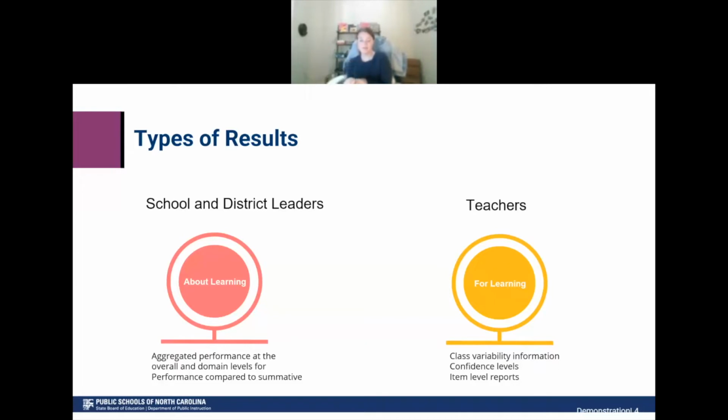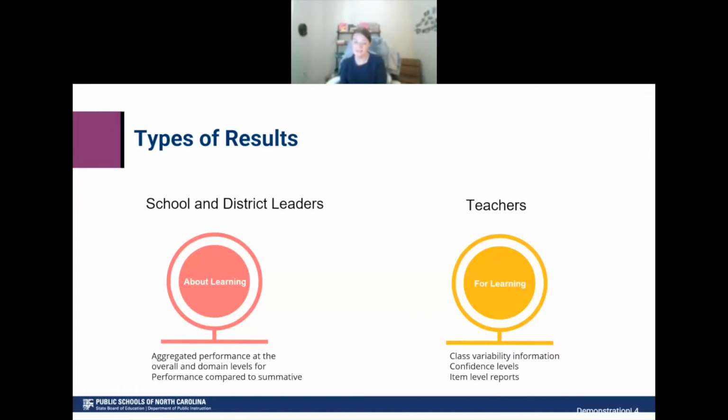Versus if they're really performing in lots of different ways or at different levels, it's going to be much flatter. We also provide information about confidence levels, which is really important when we think about assessment, because all assessment has some degree of error associated with it, just by virtue of the fact that we can't really look inside a student and know exactly what they know and can do. But we have varying confidence levels, and that can be useful for how a teacher should consider making decisions.